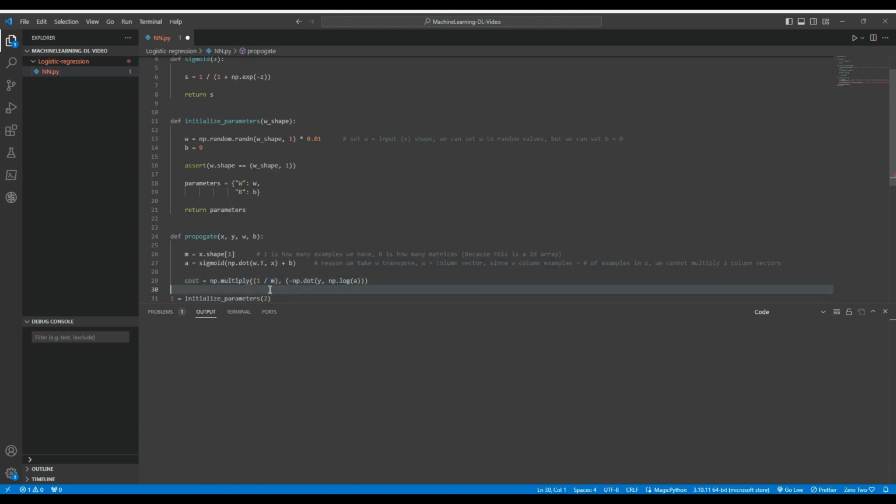Okay, so it's complaining it's not closed. So I'm just doing the cost function where cost is equal to 1 over m times the sum of